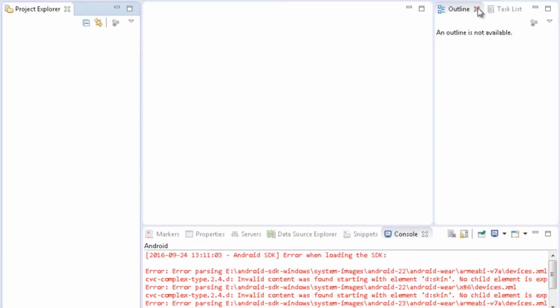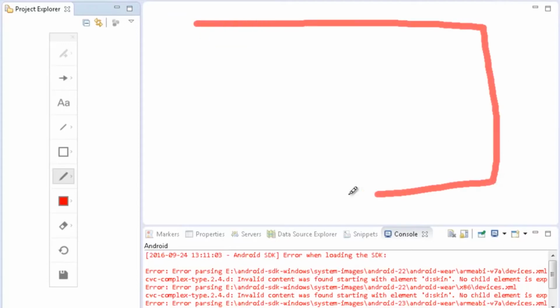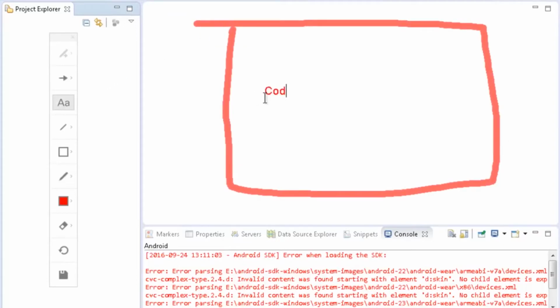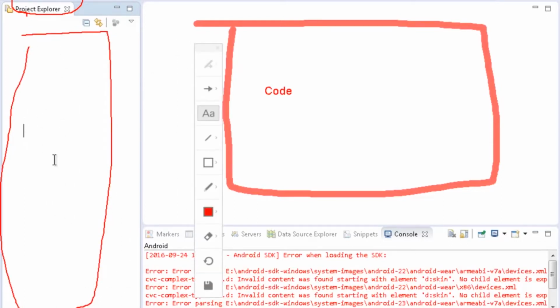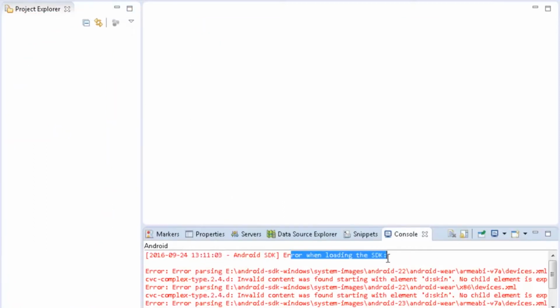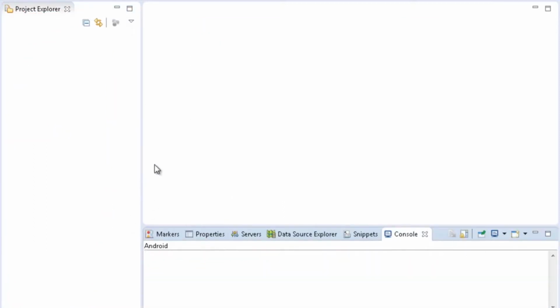Now meanwhile Eclipse has opened up. This is Eclipse. In the middle section you will be writing the complete code, whatever Java code you write. This is the Package Explorer, or Project Explorer, you can call it anything, where you will be storing all the projects, and at the bottom here you will be seeing all the logs, messages and everything. Ignore the errors which are coming in my Eclipse. That is just because of some other reason, but you will have it completely blank.